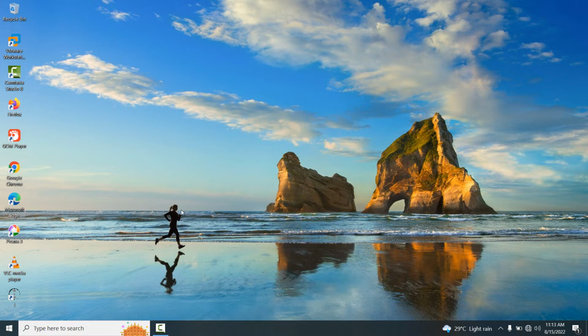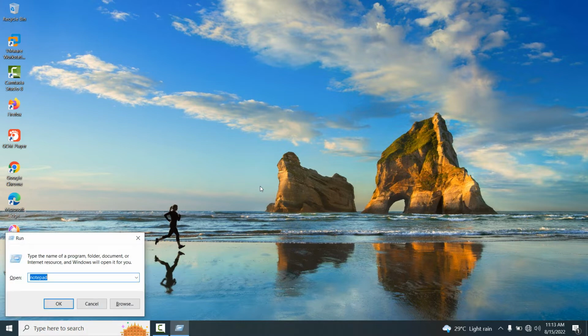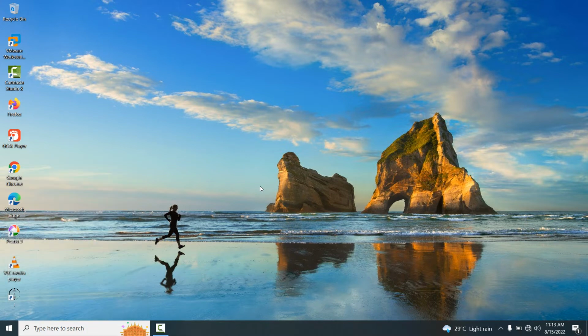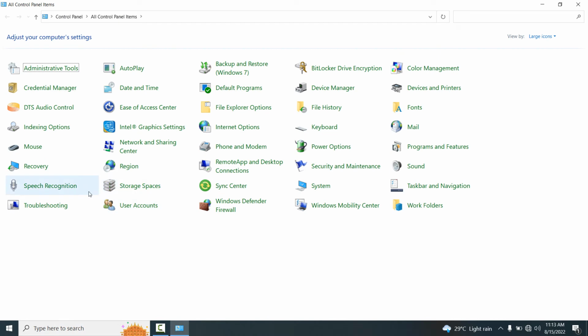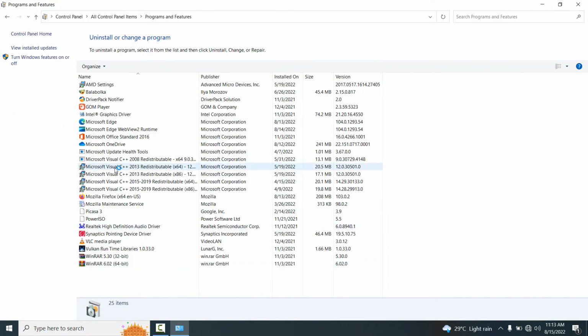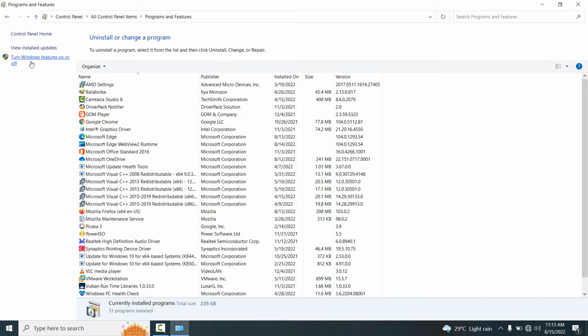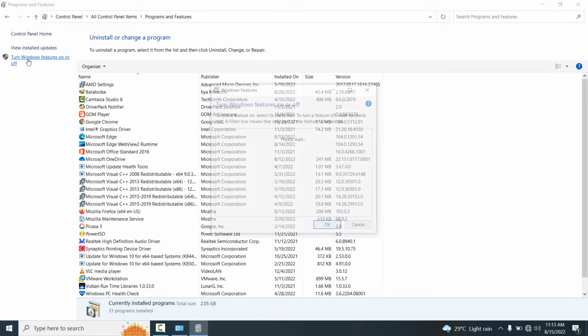Now friends, how to enable Windows Sandbox in Windows 10? You just have to press Windows R and type Control and hit the Enter key. Now you will see the Programs and Features option. Just click it, and now friends, you can see Turn Windows features on or off. Just click on it,